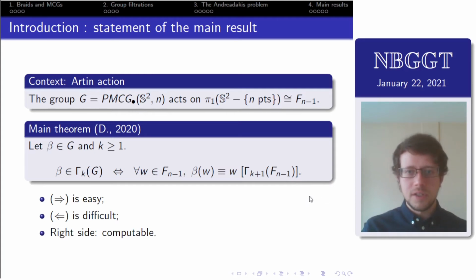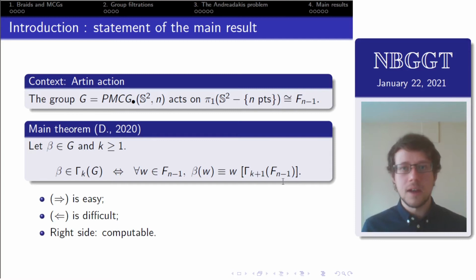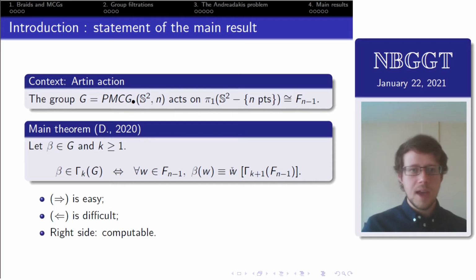Because first you only have to check this condition for W in a basis of your free group, so this is a finite number of elements, n-1 elements, and then the lower central series of the free group is very well understood. So we can do a finite computation on the right,